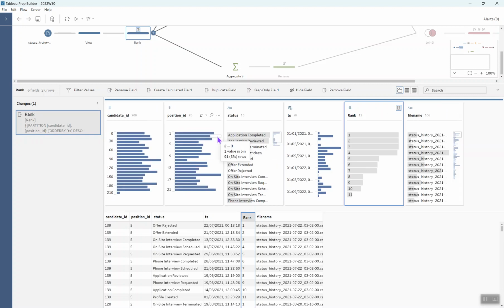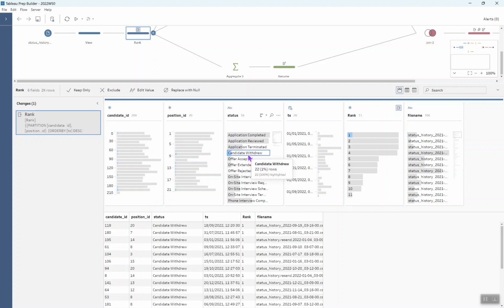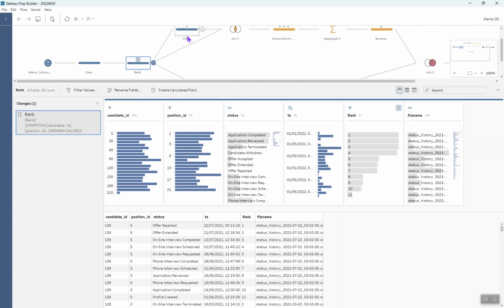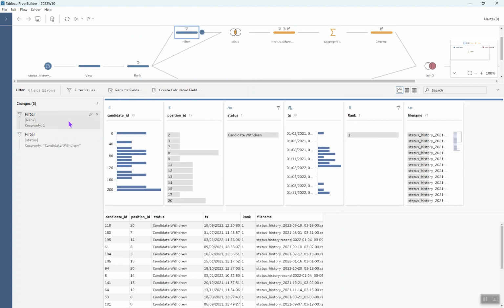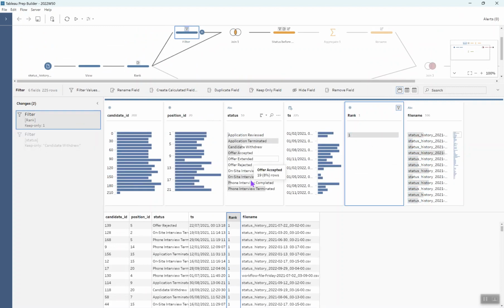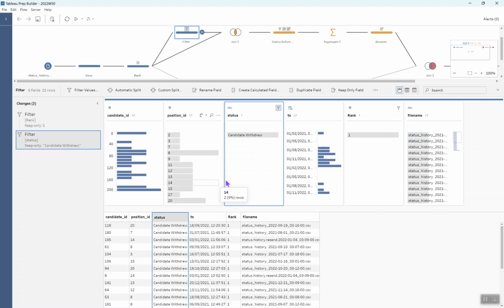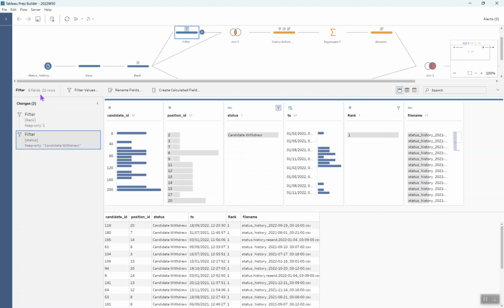Now what we want to be able to do with this data is find out, for all of those where we've had the candidate withdraw, what was their status before. So what's the number 2 rank when they've withdrawn. In order to do that, I decided that it would be easiest to filter to just the most recent positions. So at this stage we filter to just the most recent positions and then filter to just when the candidate withdrew. So filter to those two things, and then we can see we have 22 candidates that withdrew from